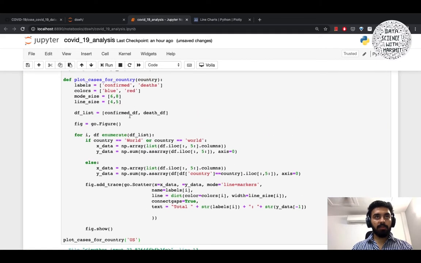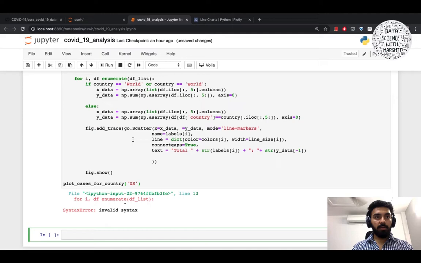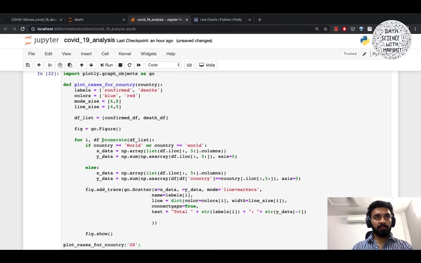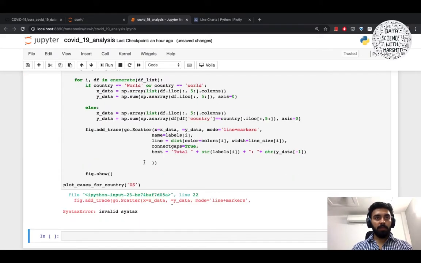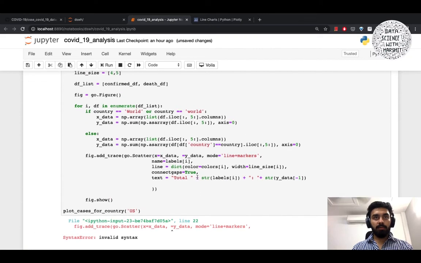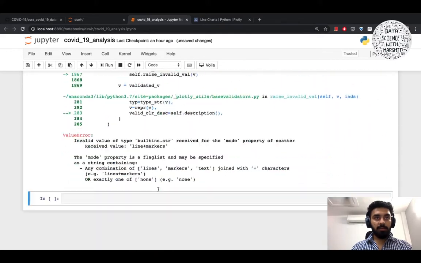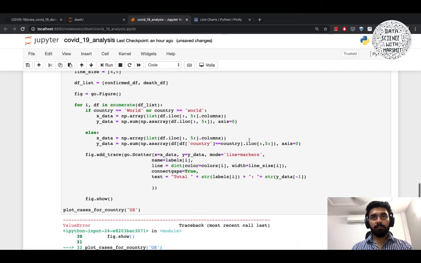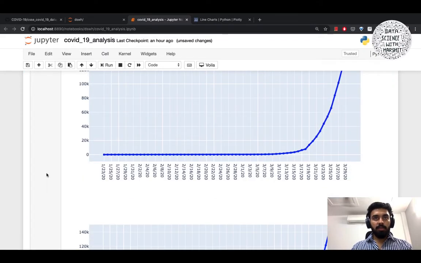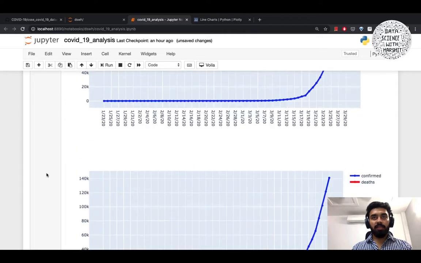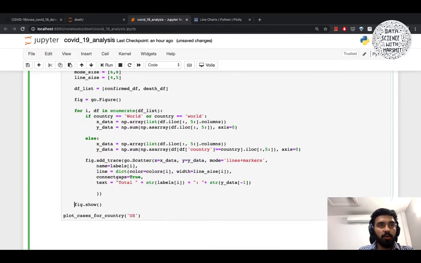So I have got this error, enumerate for i, df in... x, okay, y equals y_data. All right, let's see if this runs. I've got this another array, lines plus markers. So you can see that I have got these. So I need to get this fig.show outside of the for loop. Now when I run this,